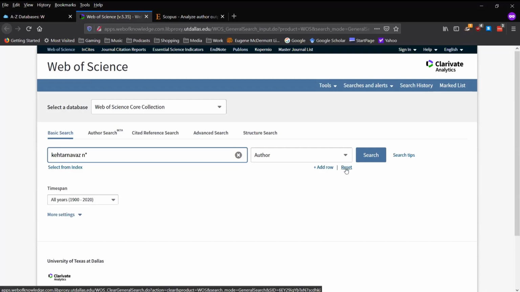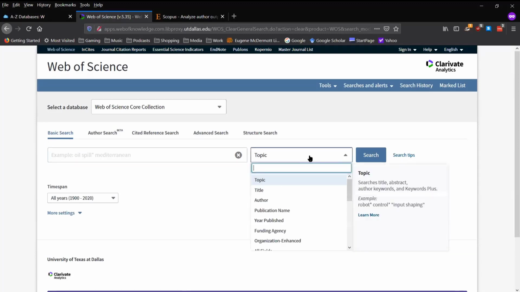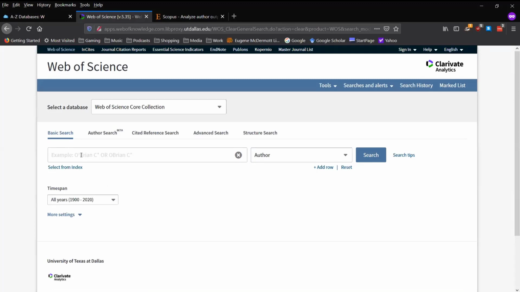And let's see here, let me reset my form. It was saving my old one. So it's going to default to a topic search. You want to change that to author. And then,